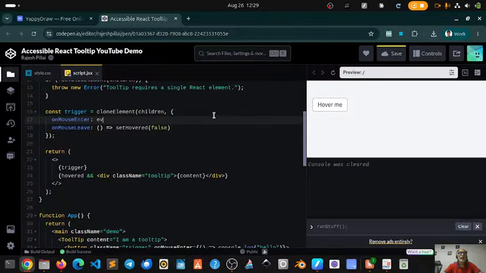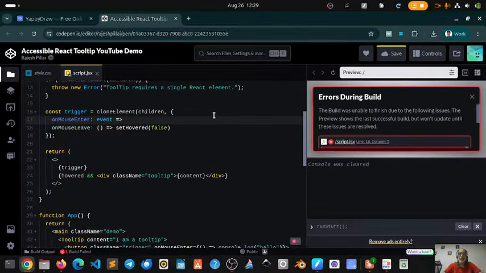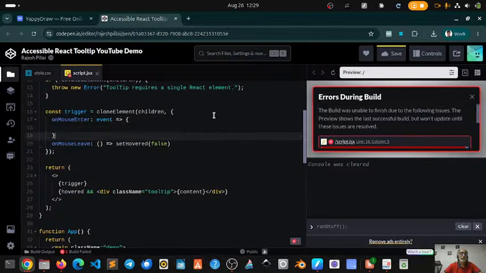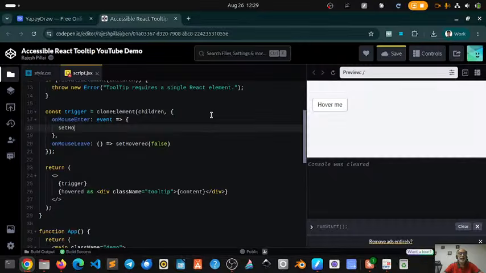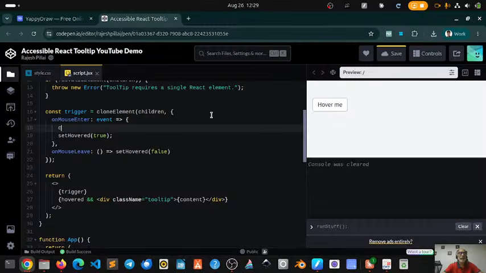We know that any event handler receives an event parameter, correct? So we'll write it as a full function in here, and definitely we need to have setVisible equal to true. But before we do this, we have to do something like children.props.onMouseEnter